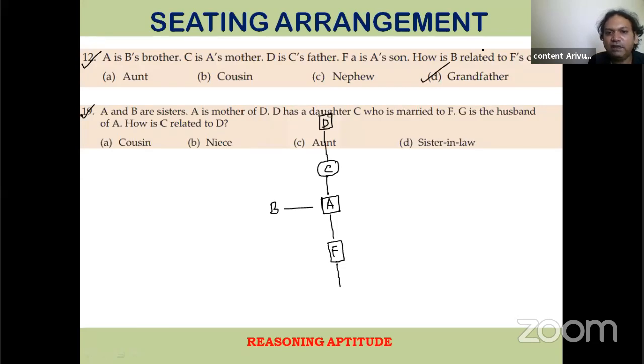So if that is the case, we can mark the answer according to what is given to us in the answer options. I hope this point is very much clear to you. If the same thing happens in the exam, don't worry. Just mark the answer based on the answer options. I completely agree that this question itself seems completely wrong to me because we don't know what is the gender of B.